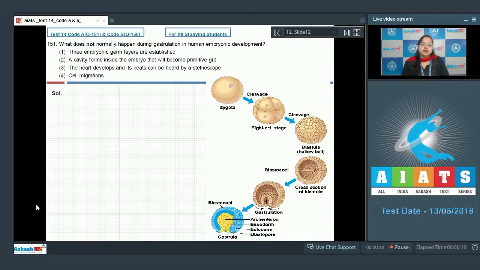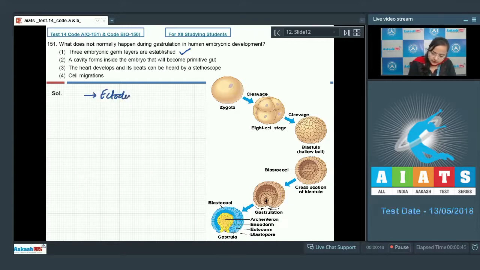Question 151. What does not normally happen during gastrulation in human embryonic development? So the very first option is given, 3 embryonic germ layers are established, and this is a characteristic feature of the gastrula stage of human embryonic development. During gastrulation, the 3 germ layers, which are